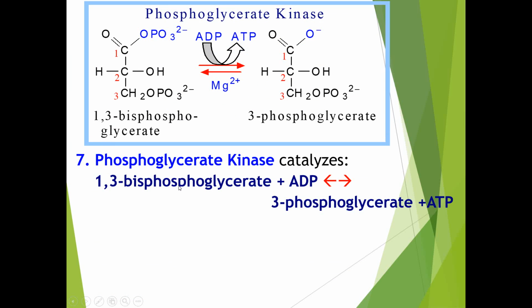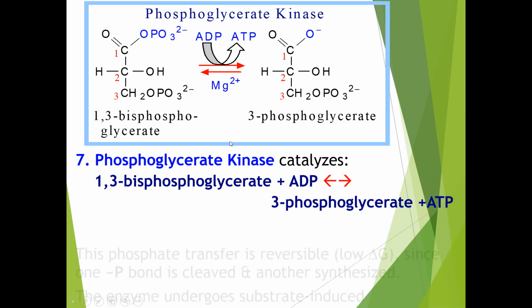Next we will proceed to the seventh step of glycolysis. In this, 1,3-bisphosphoglycerate gets converted into the 3-phosphoglycerate molecule. For this conversion the phosphoglycerate kinase enzyme is essential. Simply, a dephosphorylation reaction takes place. The phosphorus group gets cleaved and accepted by adenosine diphosphate, which converts into adenosine triphosphate. So here 1 molecule of ATP gets generated, magnesium acts as a cofactor, and there is formation of the 3-phosphoglycerate molecule.